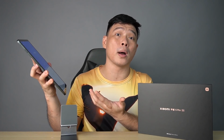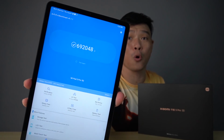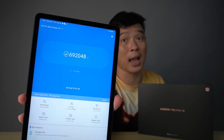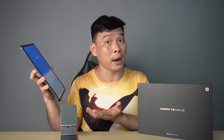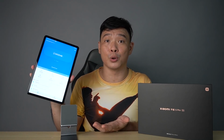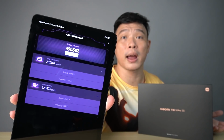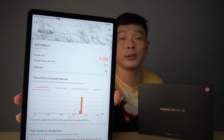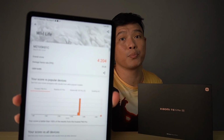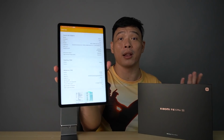Now, a while ago, I said that this one comes with a Snapdragon 870 processor, and I can say that getting this score from Antutu Benchmark at 692,000 points is definitely very amazing, something I could hardly see in any other laptops out there in the market. This score is almost as good as having a Mi 11 in your hand. Gathering 490,000 points here at Antutu Benchmark is also good and remarkable. A 4,204 score here at Wild Life on 3DMark is pretty impressive. This one I have to mention, it has a Level 1 Widevine security level at DRM Info,